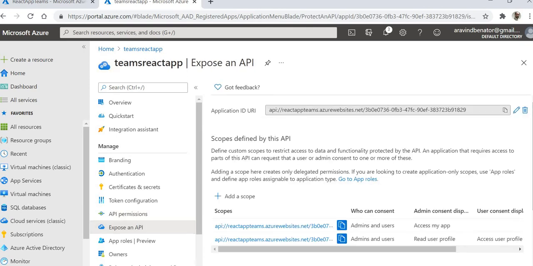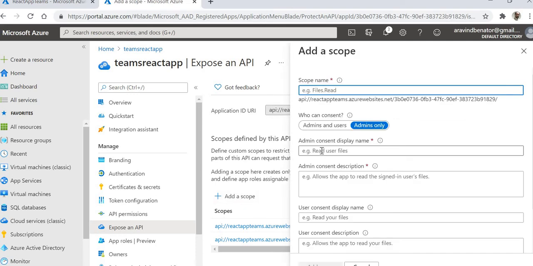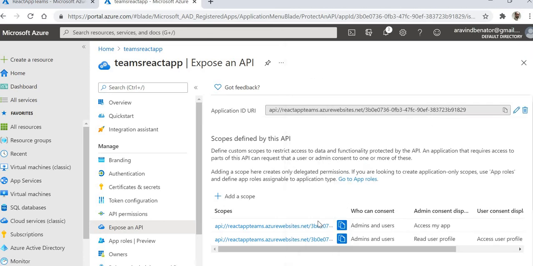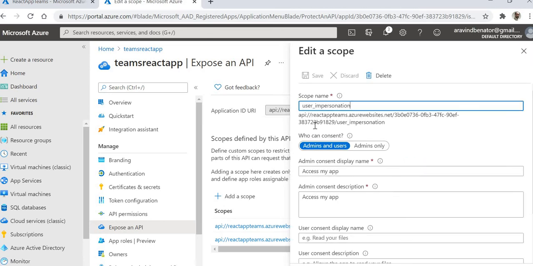In Expose an API, for the application ID URI, I have created a scope. If I click on the existing one, this is my application ID URI.